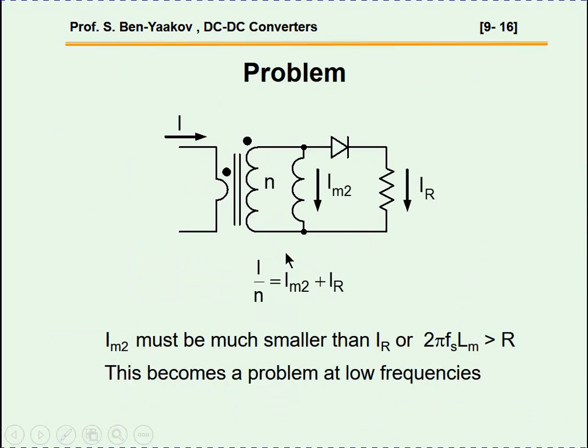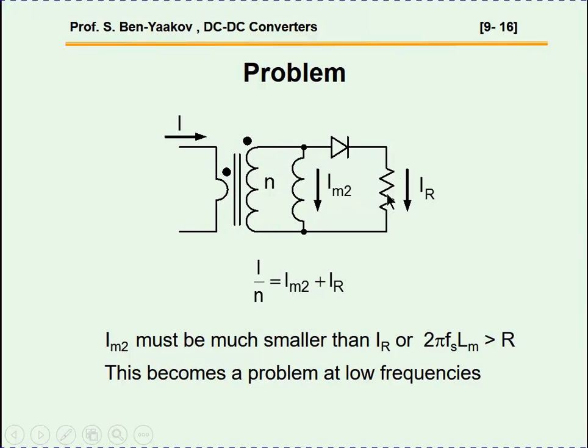So let me talk now about some issues with pulse transformers and also go into the question of how to design them. The current that is fed to the primary, as it comes out at the secondary, is actually split into two currents. One is the one that goes into the resistor. This is what we want: this resistor develops the voltage that we are measuring. However, this part here, which goes into the magnetization inductance, is actually subtracted from the total